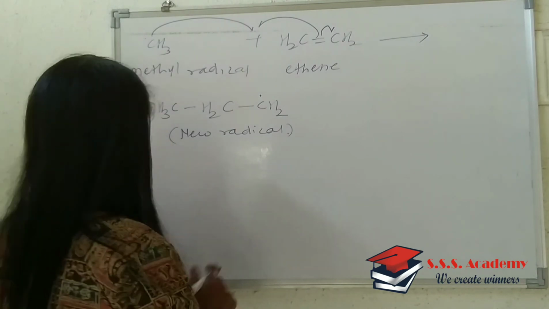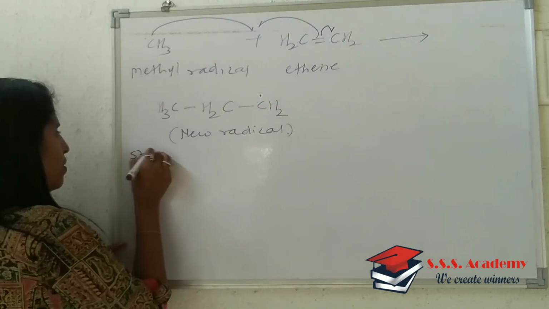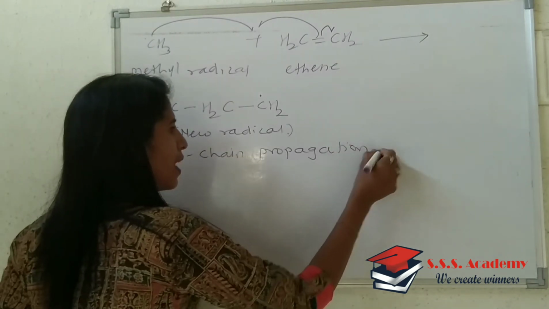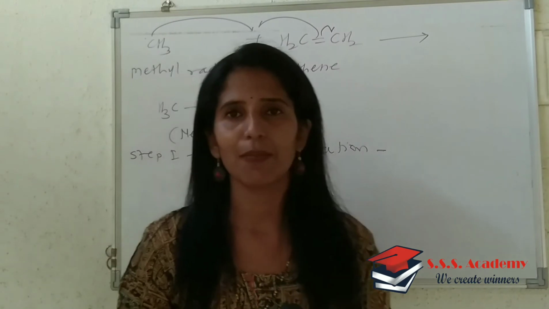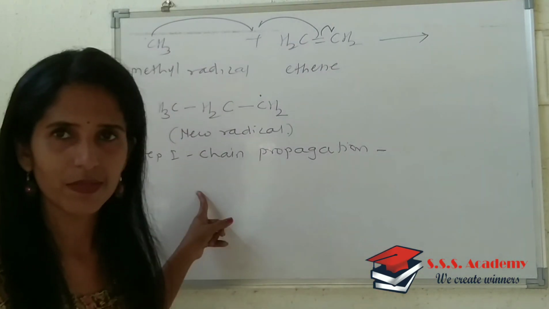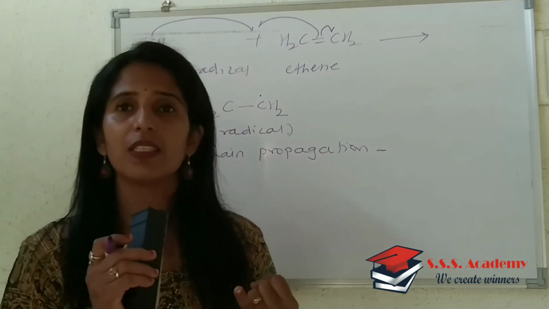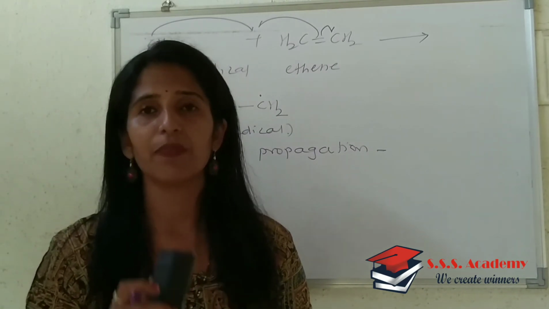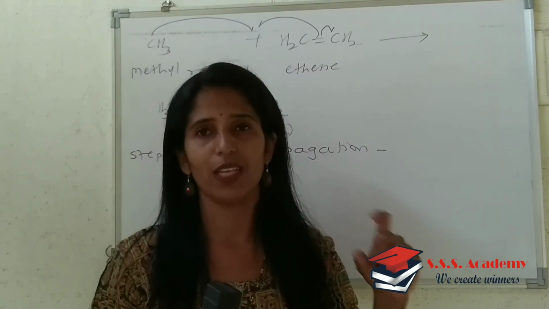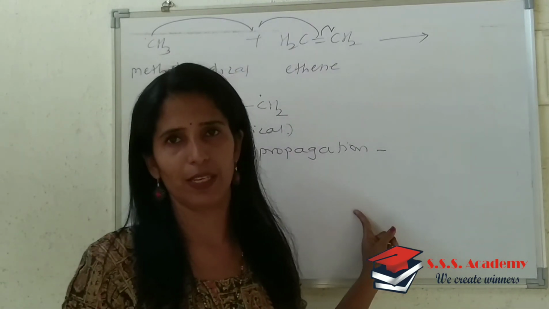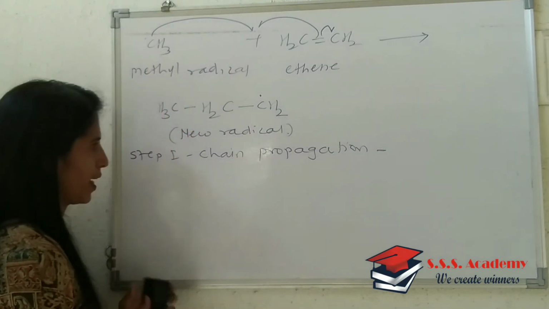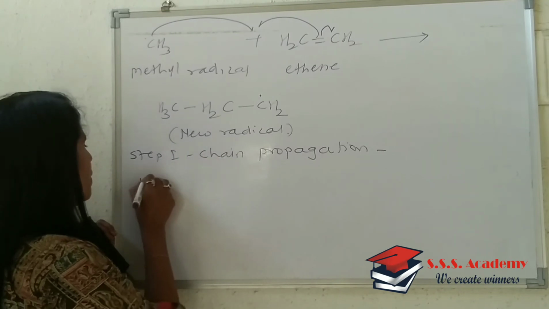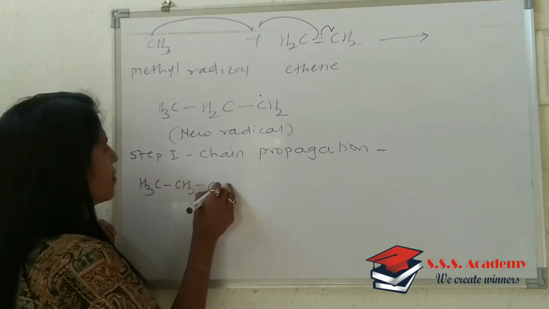Now we will proceed with chain propagation. So step 2, now this is a most important step. Second step is most important. So what you will write in this is, this is the second step, this is the most important step. This takes place very rapidly and the length of the polymeric chain depends upon the chain propagation step. These 4 points you are supposed to write in chain propagation. And the reaction you are supposed to write is this new radical, I will write as it is.